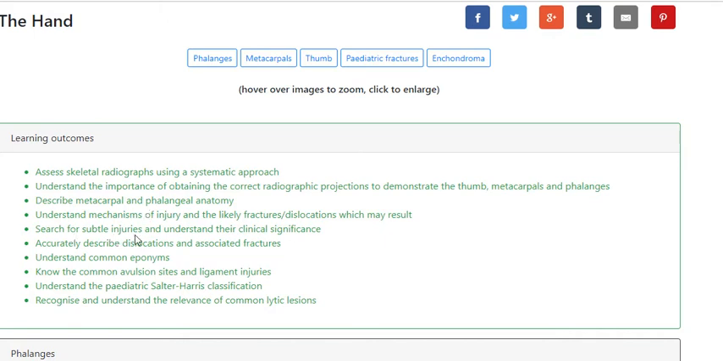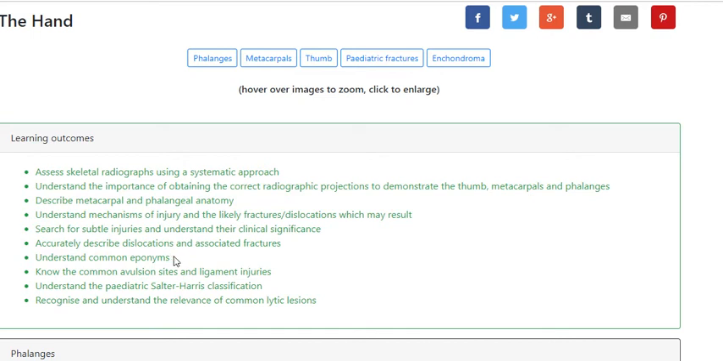looking at subtle injuries, the ones that are least commonly occurring but most commonly missed, describing common dislocations and their associated fractures, how they're dislocated, which direction they're going, how are we describing these dislocations, and why or how have they happened, understanding common eponyms, types of fractures that we can see,